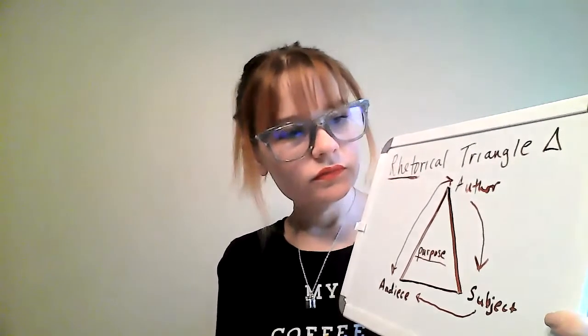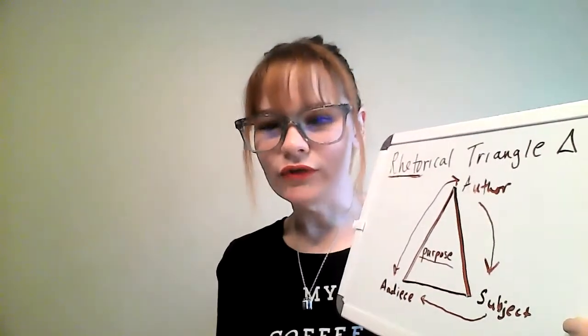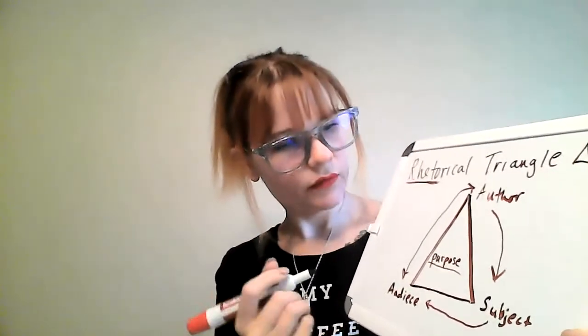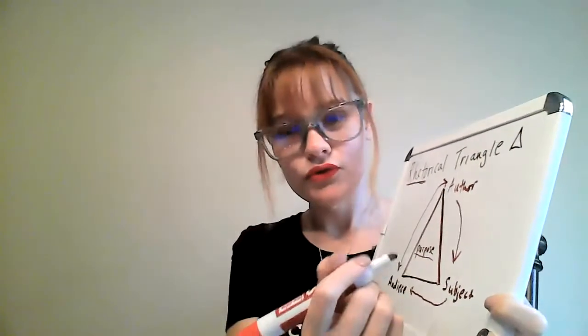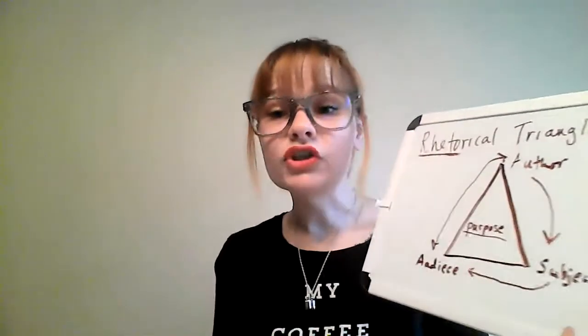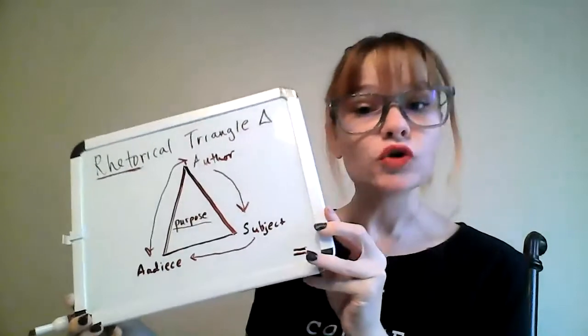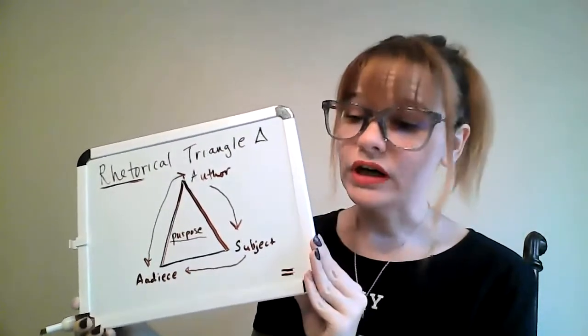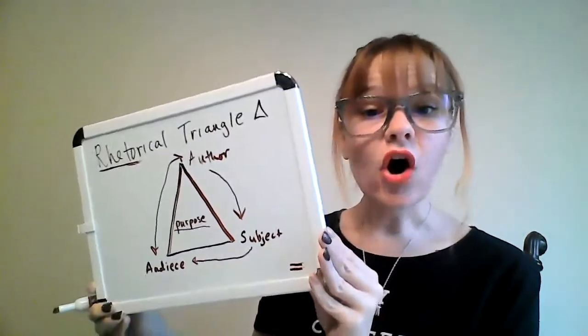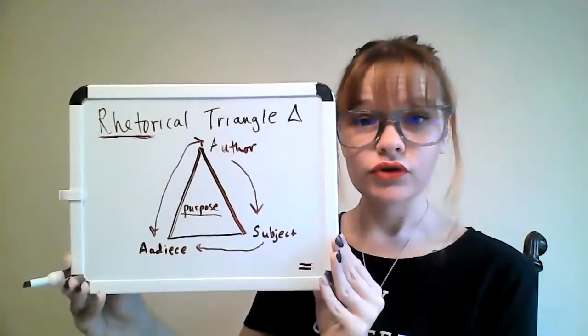So, first of all, we need to go over a couple of keywords here. We need to talk about ethos, okay? Now, in English too, I know that Mr. Tanig and Miss Kane talked about ethos, pathos, and logos. So we're going to talk about ethos first. And the author is the one who needs ethos.